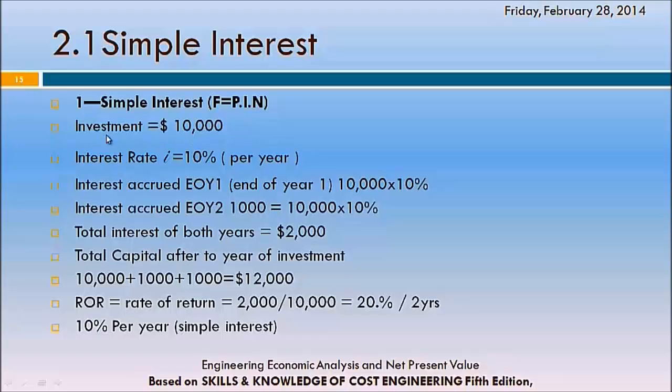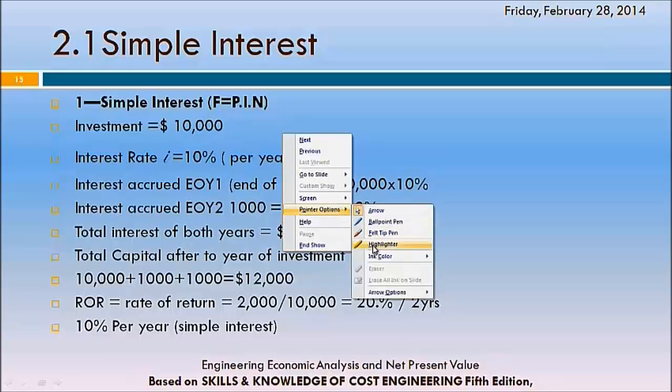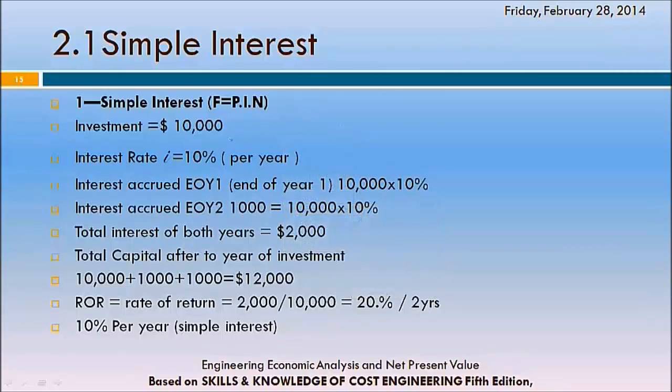Simple example about that. If the investment is $10,000 and your interest rate is 10% per year, so at the end of year number 1, Y1, end of year 1, let us just get the ball pen. So your 10,000 into the 10 percent, you're going to get $1,000. Again, at the end of also year number 2,